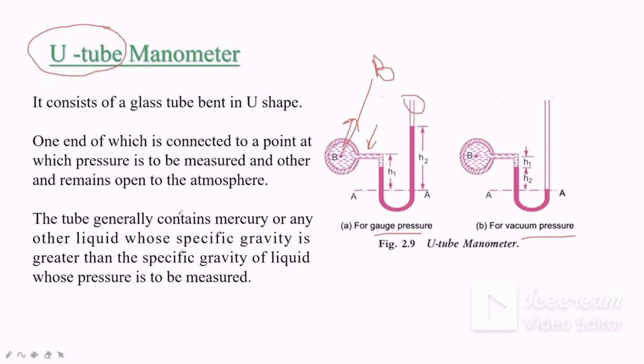Next, the tube generally contains mercury or any other liquid whose specific gravity is greater than the specific gravity of the liquid whose pressure is to be measured. So here one condition is there in the U-tube manometer. This tube, which is dark pink, generally contains mercury. If not mercury, it should have a liquid whose specific gravity is greater than the specific gravity of the liquid whose pressure is to be measured. If there is water in the system, then the specific gravity of